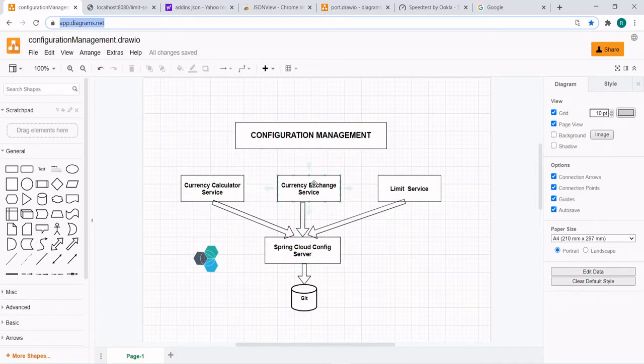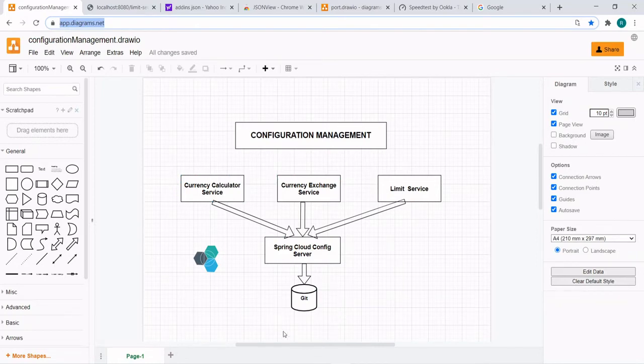You just need to create a microservice in application.properties. You just need to mention where the request needs to route and what kind of configuration it needs to read. All the responsibility lies with the Spring Cloud config server. You just need to configure it in the Git repository and the rest will be taken care of by the Spring Cloud config server, so there is no burden to maintain the configuration. This also gives you security.